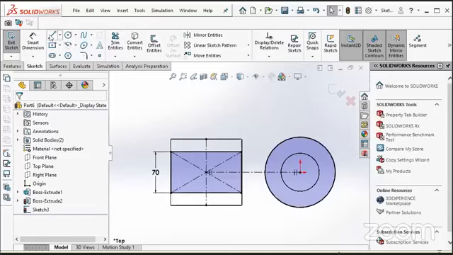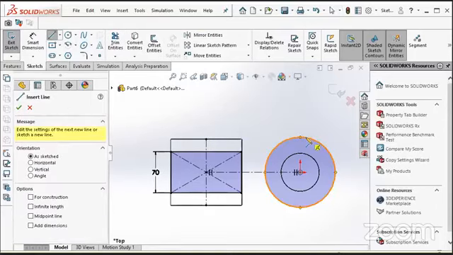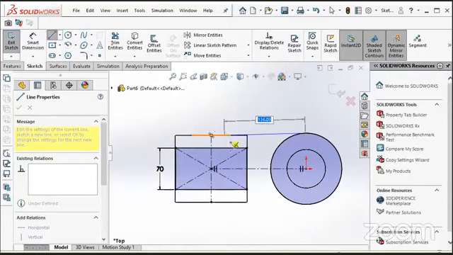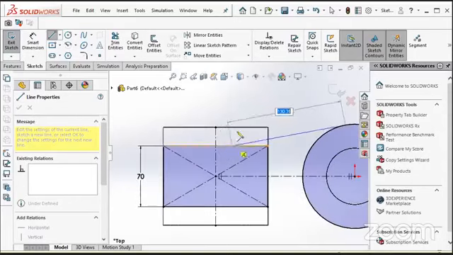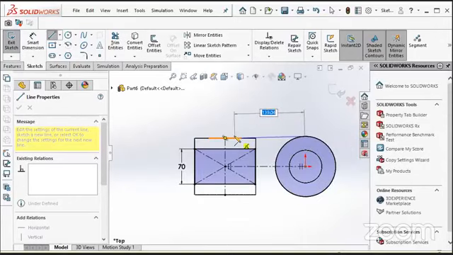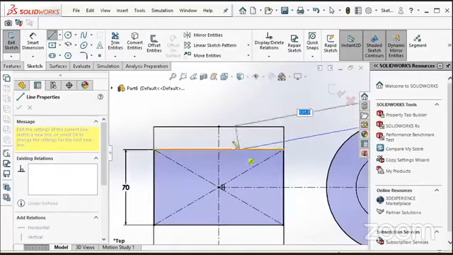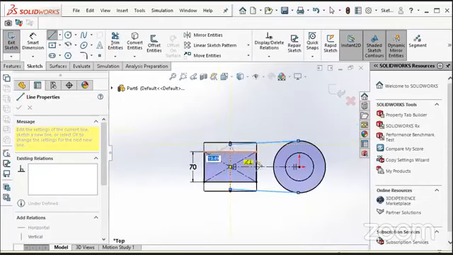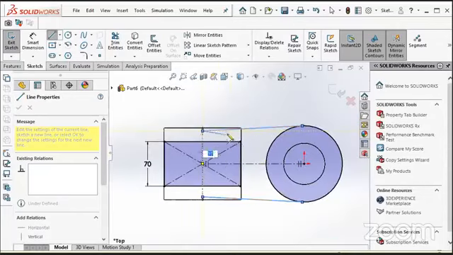Now I will select the line and create my basic sketch. So you can see here, when I create this line, it is automatically mirrored on the opposite side.